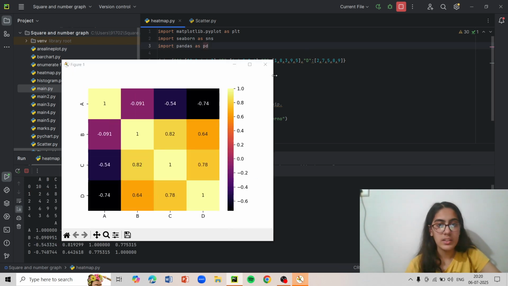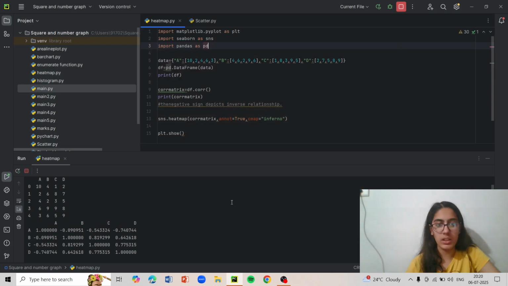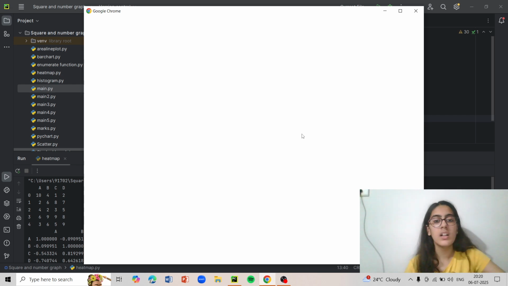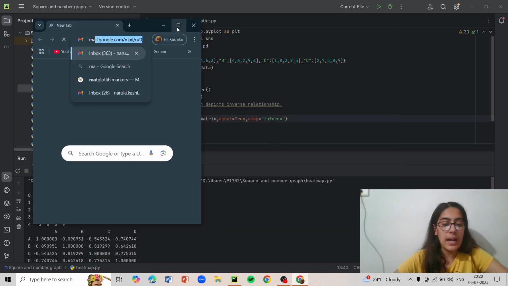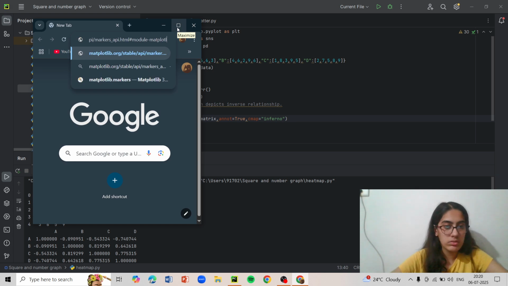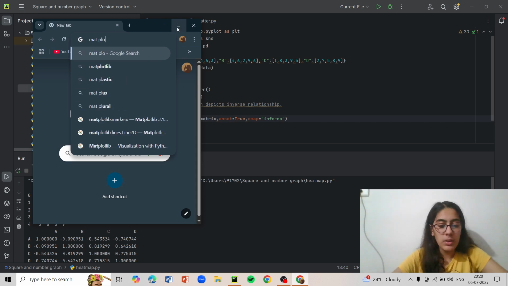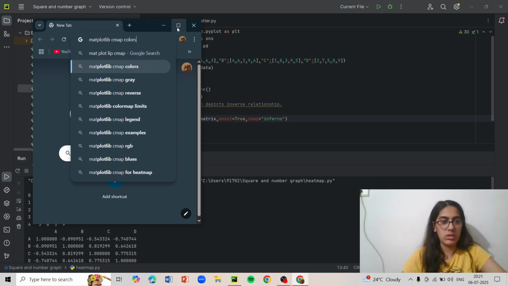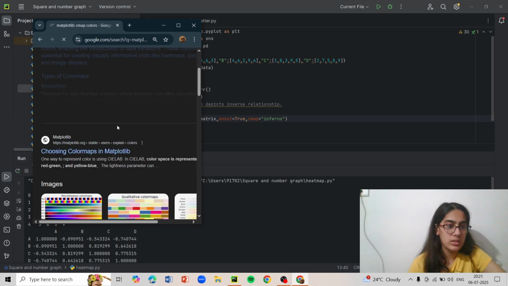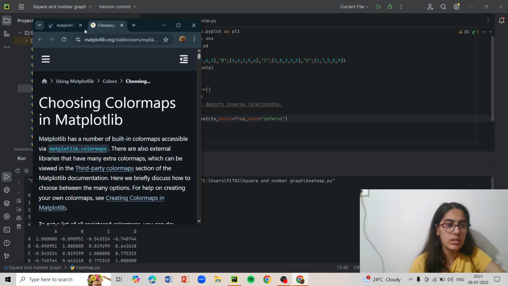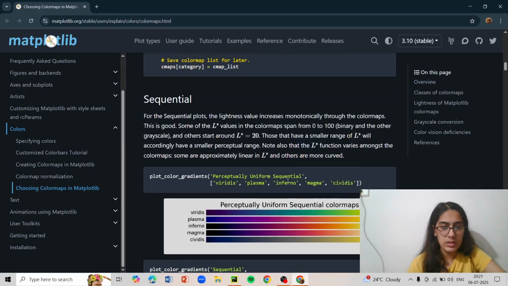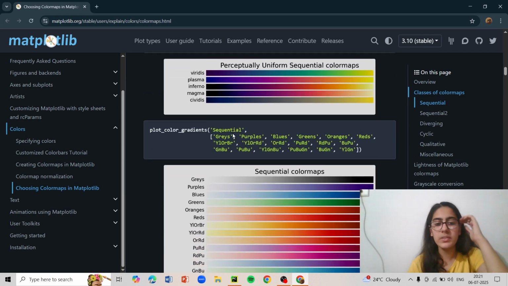Here we go. This is the heat map, in case you guys want to change some colors. And of course there are different colors that you can go and check from Google. Like over here, if I open my Google and put in matplotlib cmap options or colors, cmap colors, and then I'll go over here, full screen. Yep, so here we go. These are all the colors we can choose from.